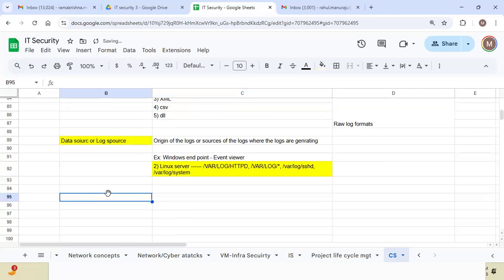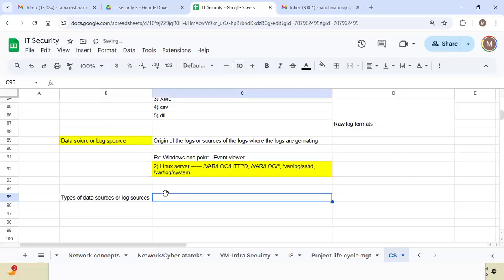Okay, so now what are the different types of data sources or log sources we have? What are the different types of devices that will generate the logs? For this, I can divide it into maybe 5 or 6 types,